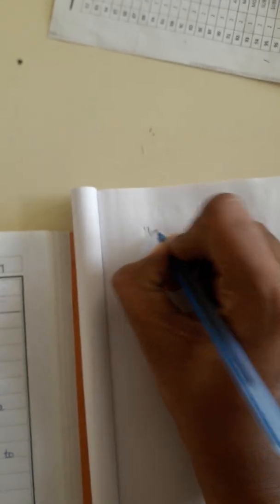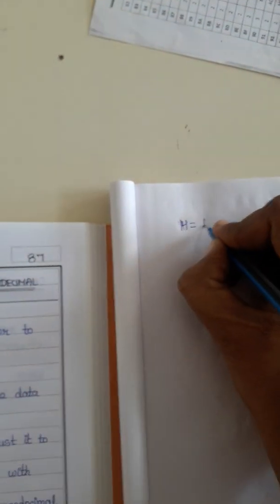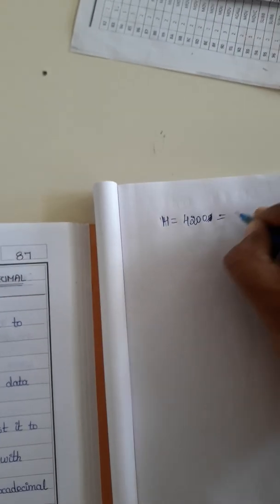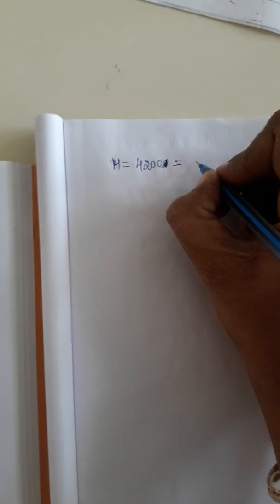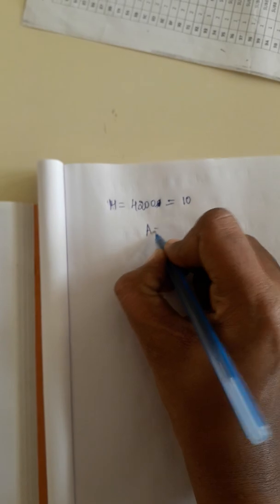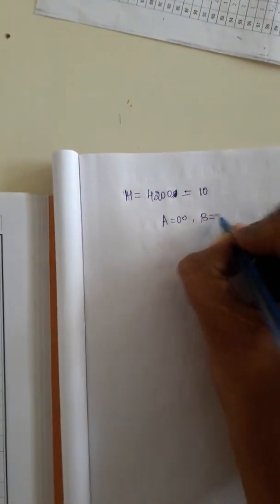Now we are initializing memory location 4200, where we are going to give decimal data. Let us consider the decimal data is 10. Then we are clearing A and B registers, A equal to 00, B equal to 00. After that,